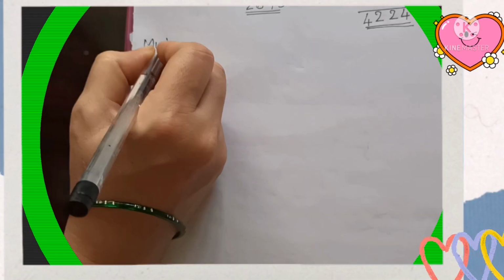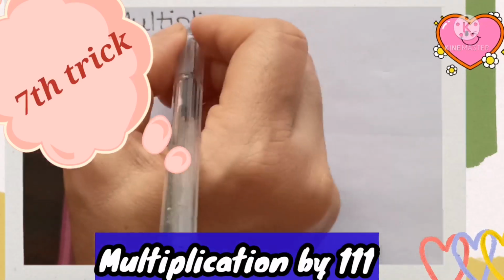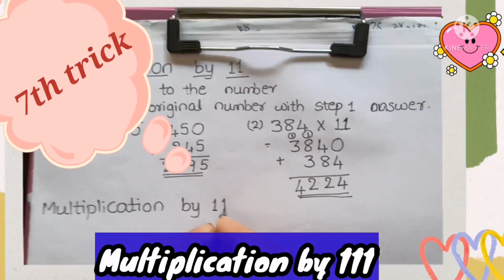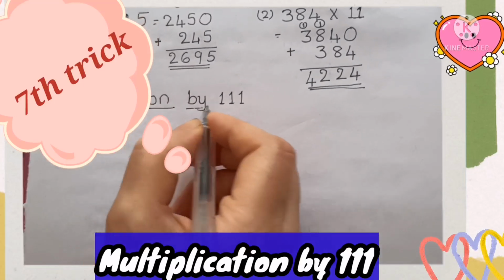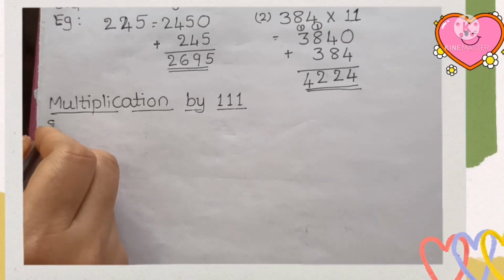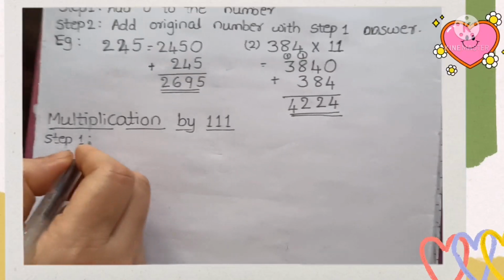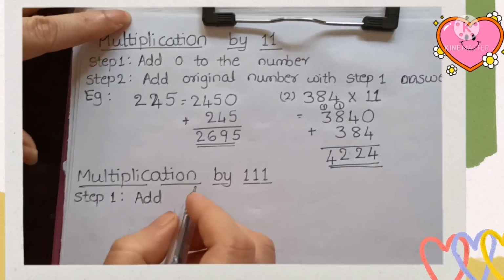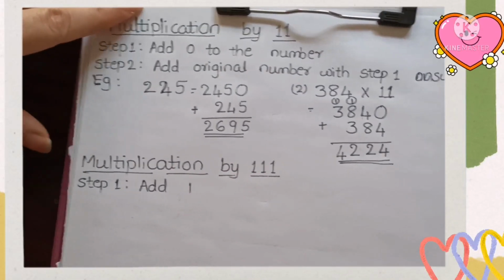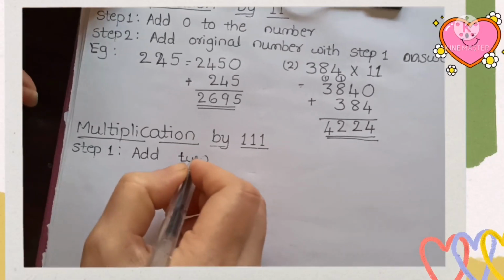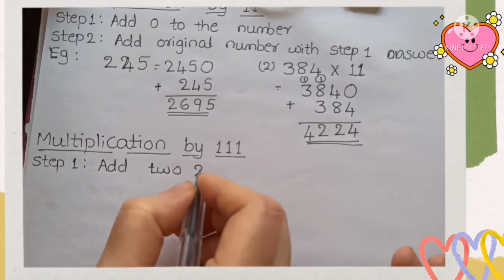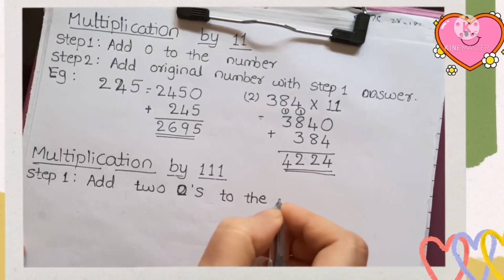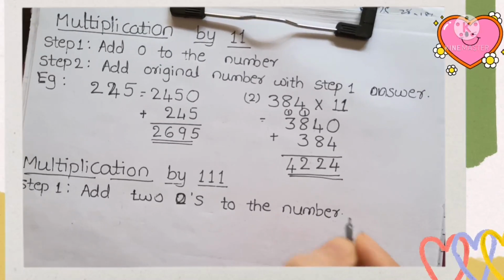अब हम ये ट्रिक मल्टीप्लिकेशन बाय 111 देखेंगे। ये ट्रिक हमारी मल्टीप्लिकेशन बाय 11 जैसी ही है, सेम है और थोड़ी डिफरेंट है। हमारा फर्स्ट स्टेप है कि हमें जो हमारा नंबर रहेगा, फॉर एग्जाम्पल 59 इंटू 111, हम पहले उस नंबर को 2 zeros ऐड कर देंगे और फिर हमारा नंबर बन जाएगा 5900।